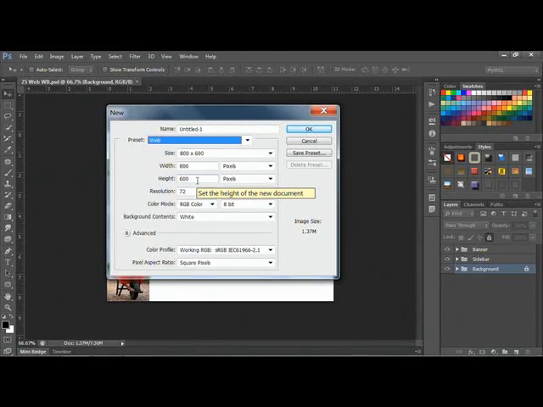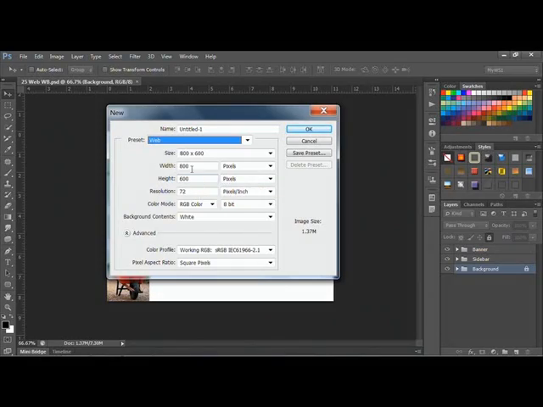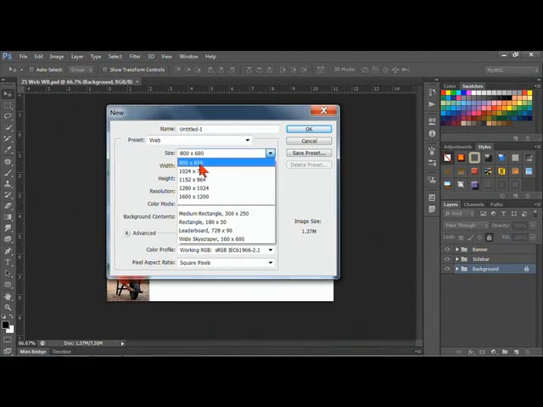Now, you can also customize the width and height, and usually there's a good frame that you're going to be working with depending on your site. And it might be for a page, or it might be for an actual button, for example. And there are some default sizes in here that work pretty well. This is still pretty much the standard because all the monitors out there can vary. But let's go ahead and just start with that, and I'll click on cancel because I have one already set